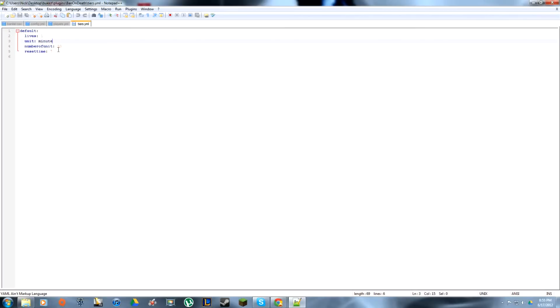units and minutes, number of units. So this is the time that I'm banned for. So it was pretty much 30 minutes from now. So you can change it to wherever you want. So it could be